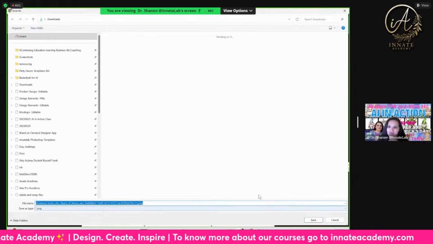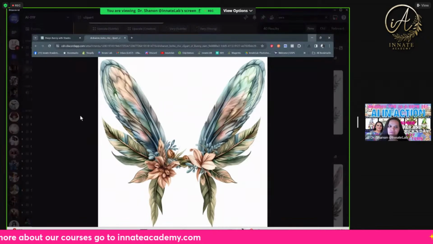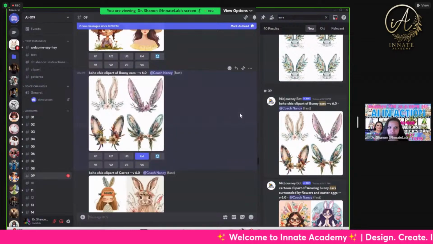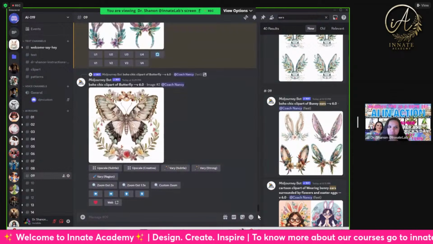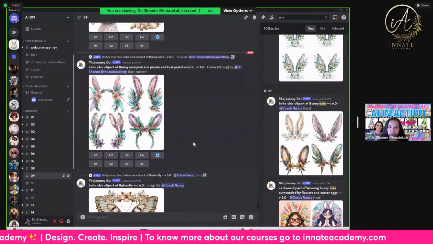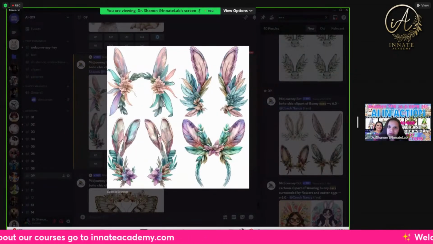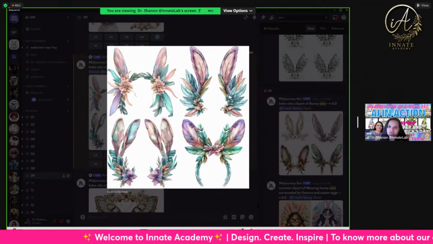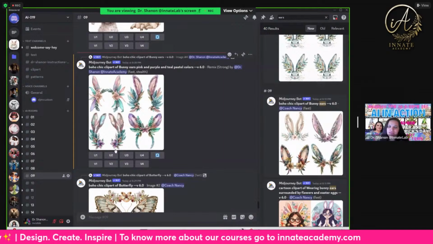And I want to see if it gave me the color combination that I wanted here. So just in case, I'm going to check on that one. And scroll to the bottom. And what it did here, it kind of understood that it had the feathers and the ears, but it did give me my colors, but it didn't give me the same style I wanted. So of these, I probably would pick number 2 here, and I probably would even add some flowers there. So if I pick number 2 and upscale it,